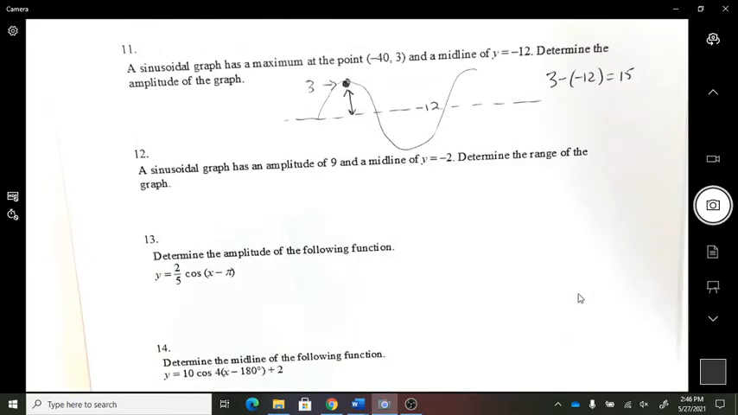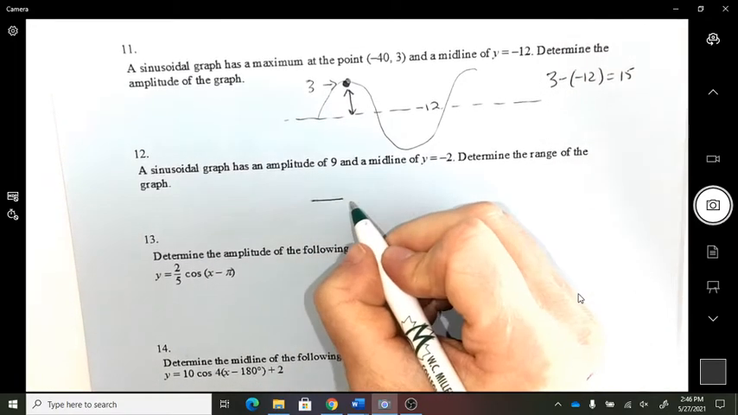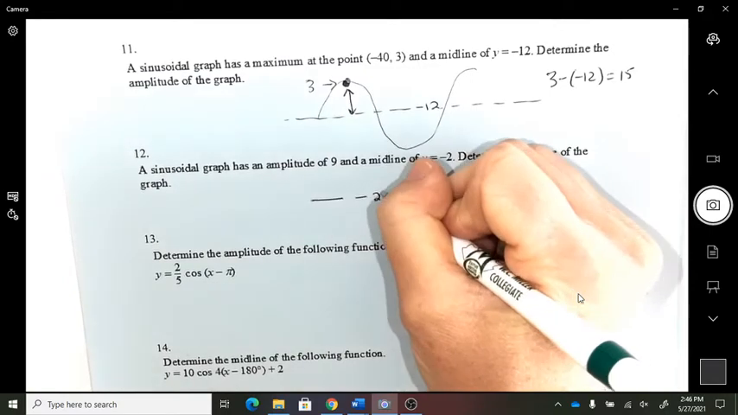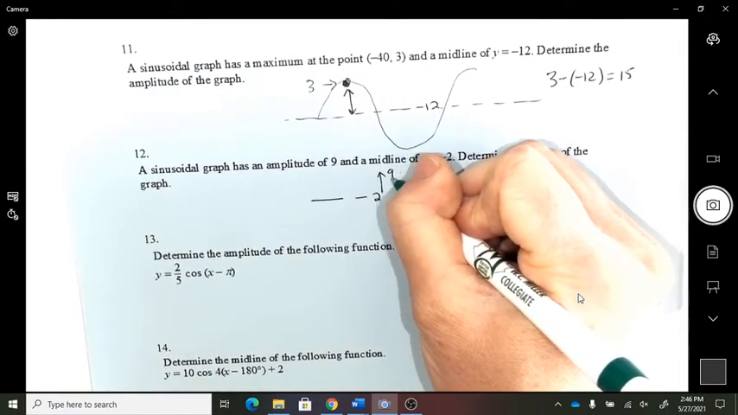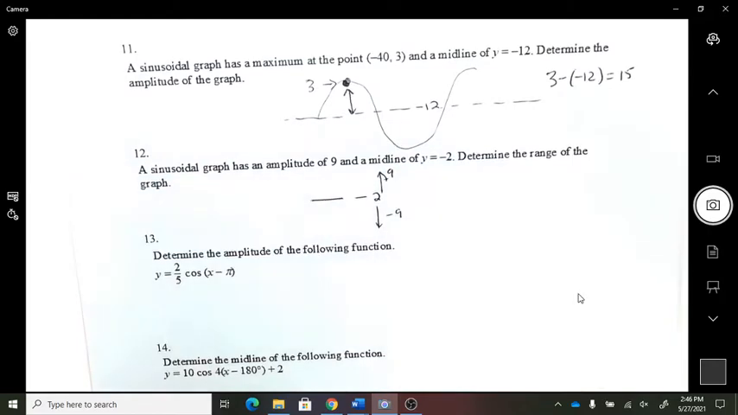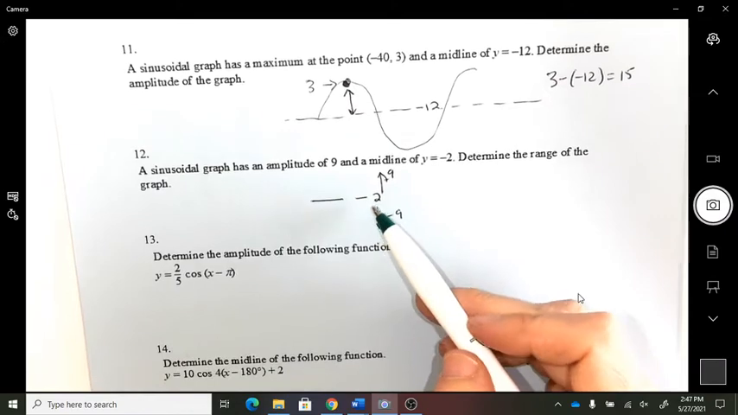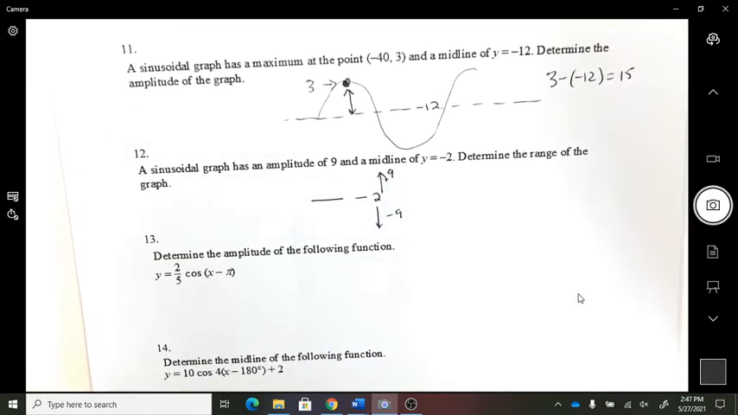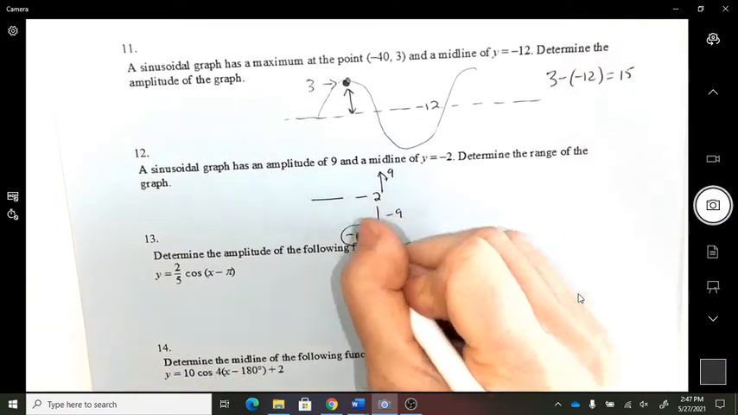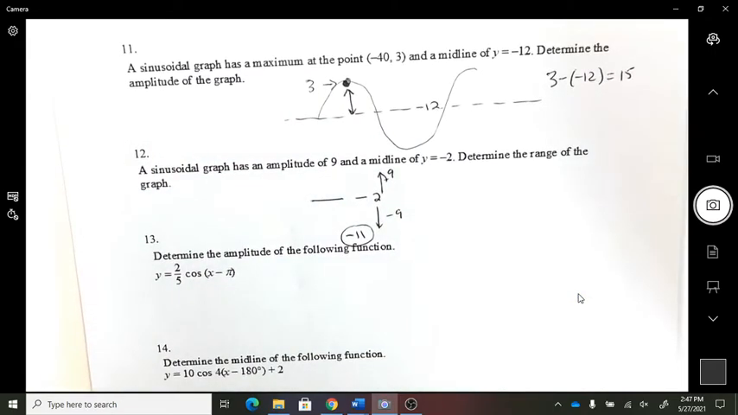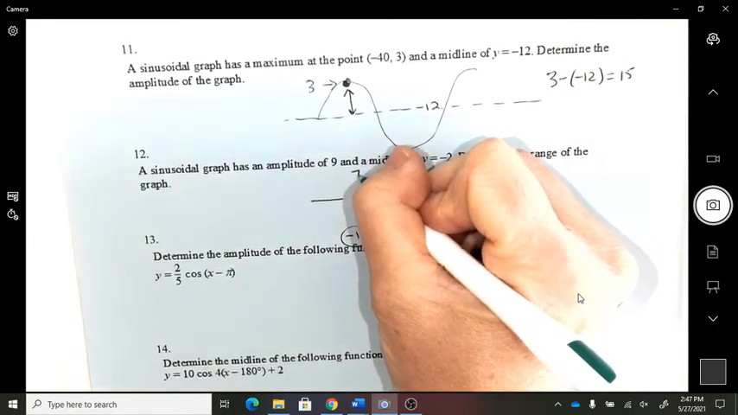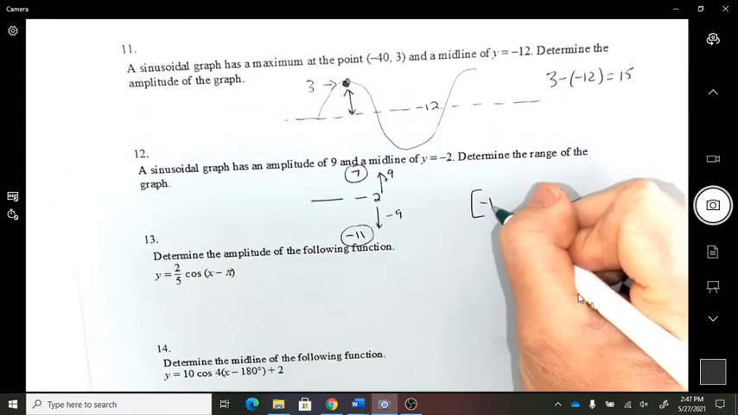Okay, we have an amplitude of 9 and a midline of -2. So that's what it would kind of look like. I have to go lower 9 and I have to go above 9. So if I drop from -2 and I drop 9 down, what are you at? -11. And -2, if you go up 9, 7. So therefore the range